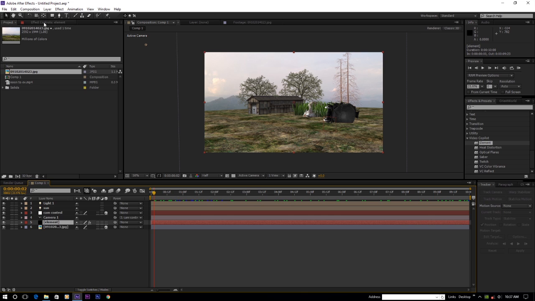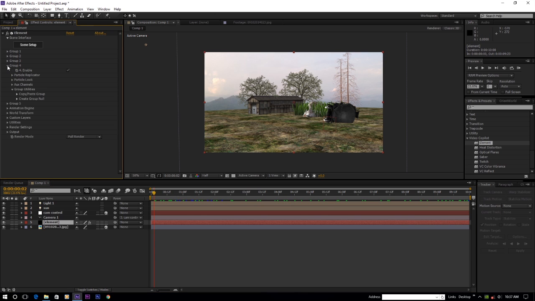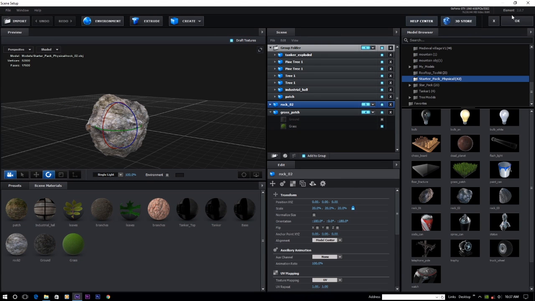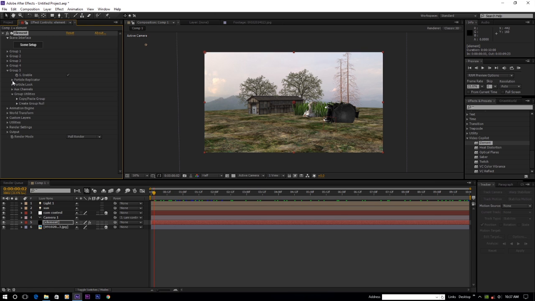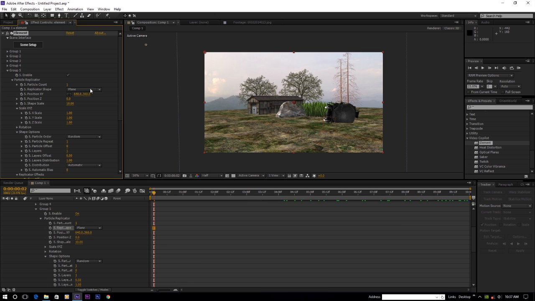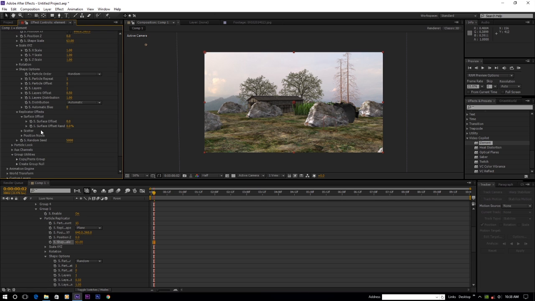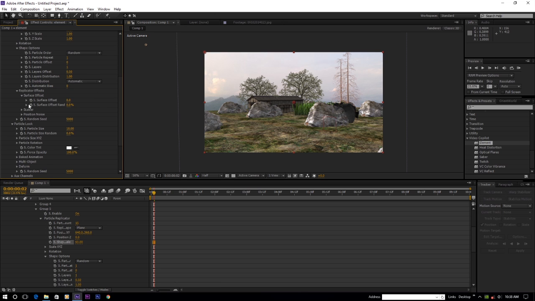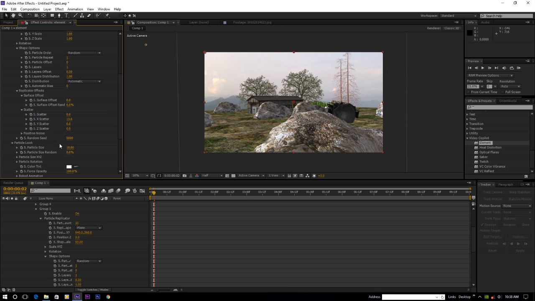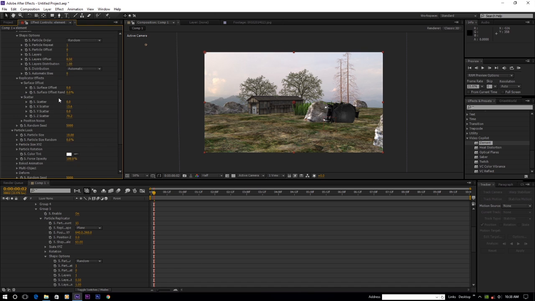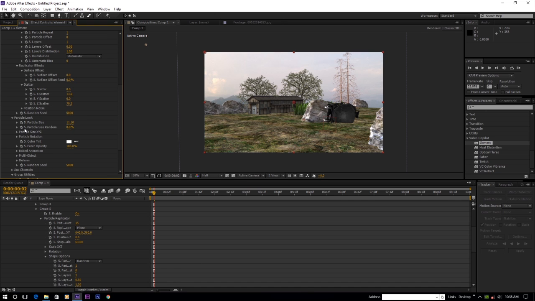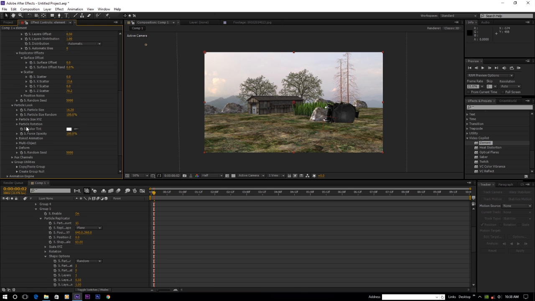So back to the element layer, and we put the rock in group 4, or maybe group 5. Let's see, rock in group 5. Okay, in group 5 we change the particle replicator's shape to plane and increase the particle count maybe to 16, and then increase the scale shape also like this, and then particle look, and also scatter them. In the scatter option we scatter the x value as well as the z value like this, and in particle look we increase the size and also change the particle size randomness, like this, maybe increase the size a little bit more,